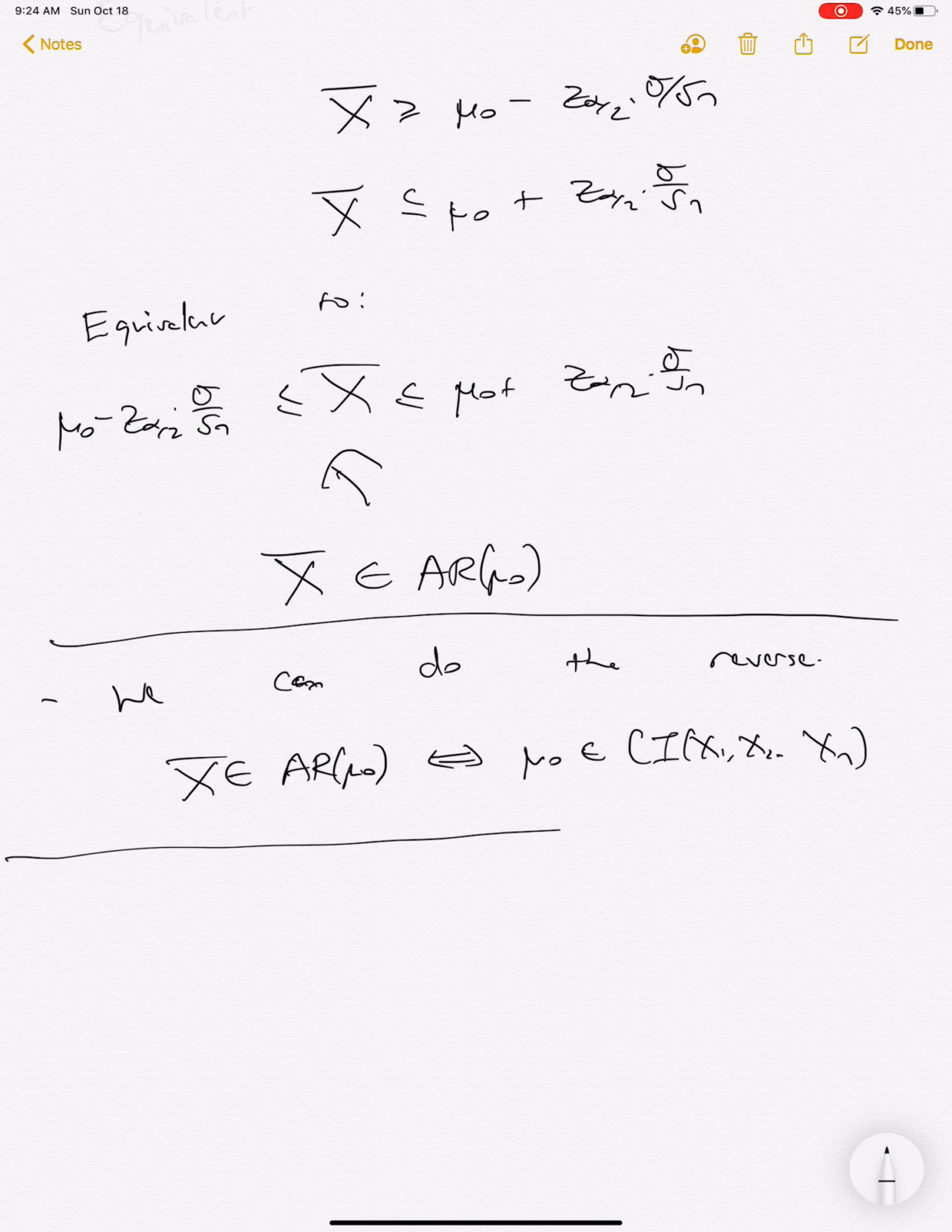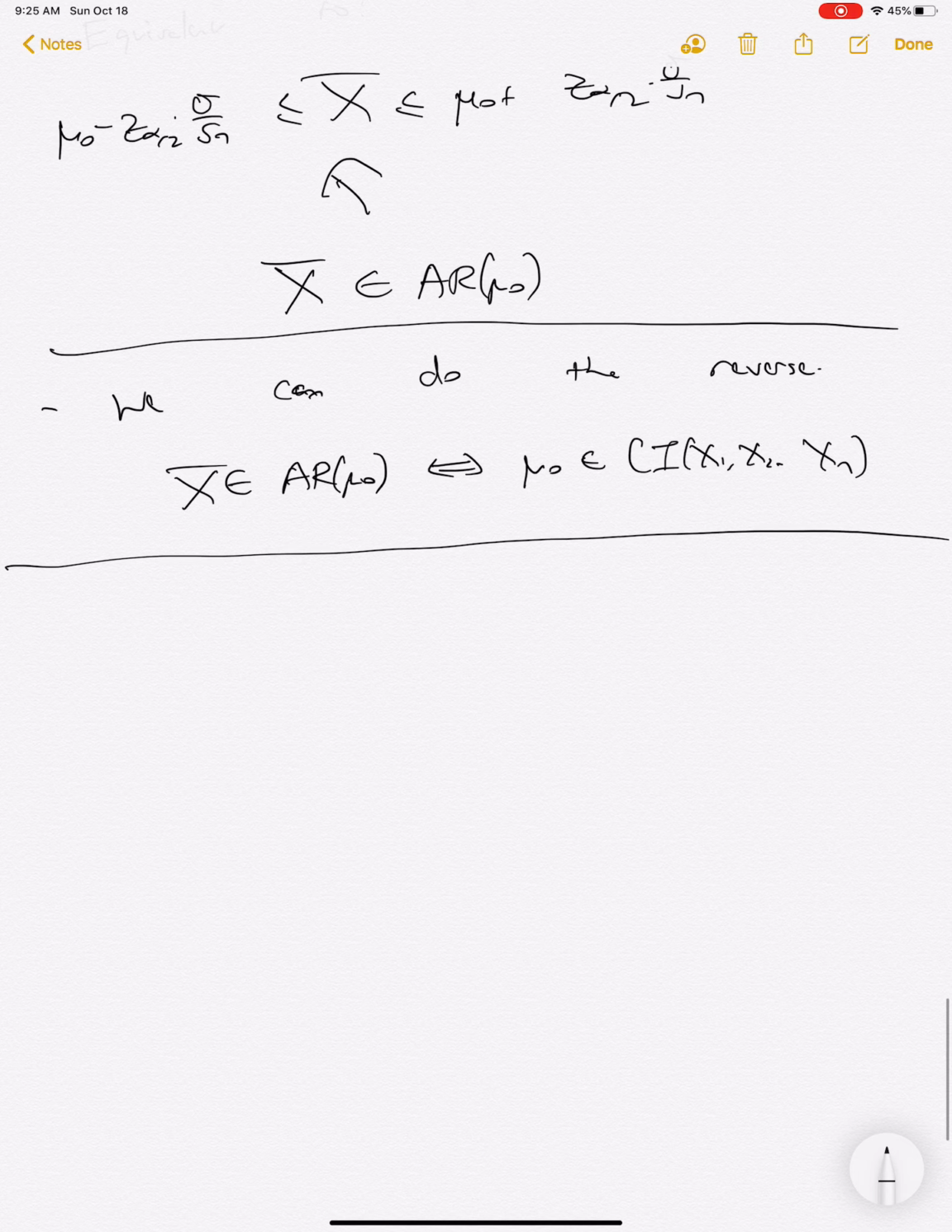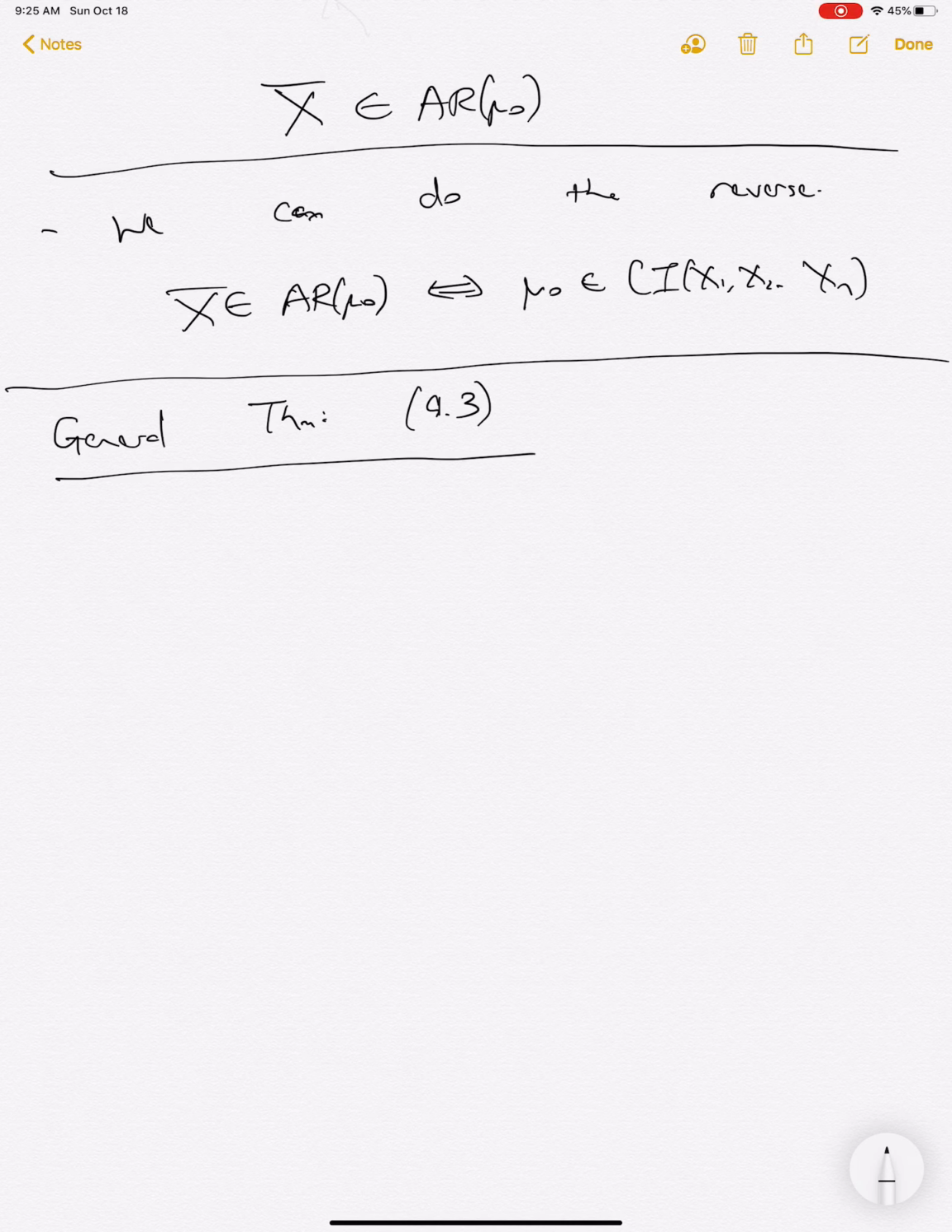So this leads to the general theorem, and this is in 9.3. Calculations-wise, there's nothing new here. It's a useful result because it helps with calculations, but it also puts into context the main concepts and gets your head around what exactly is a confidence interval, what's the acceptance region of a hypothesis test, and why is there this duality between them. So we're in the scenario where